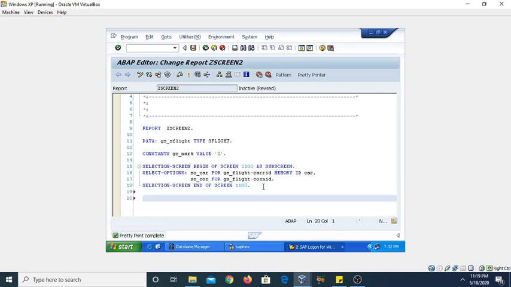Similarly, I am creating another selection screen, then begin of screen 1200 as subscreen.